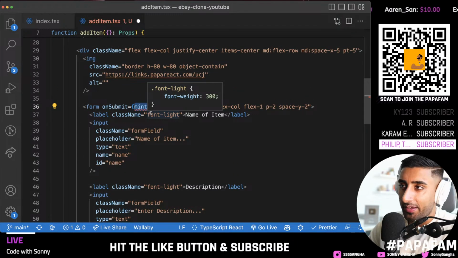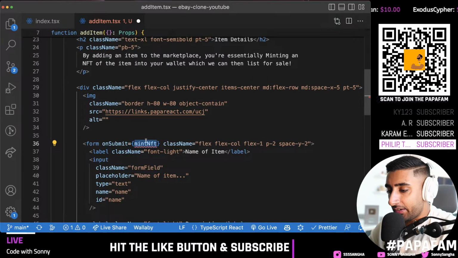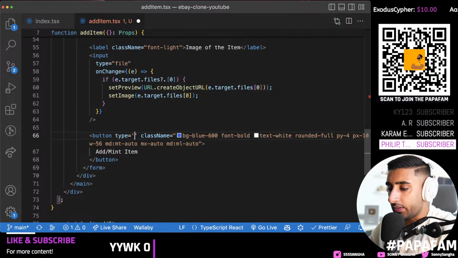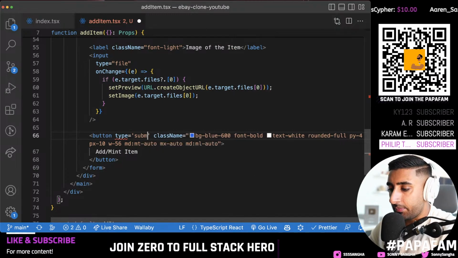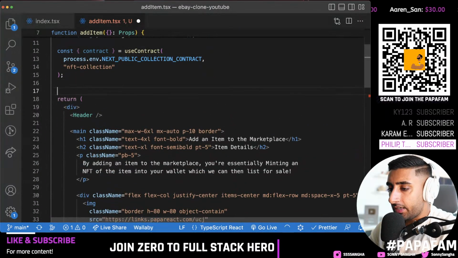We don't say bootstrap here, we say Tailwind. Right, big difference. All right, so when we submit this form, I want to go ahead and mint the NFT. So one thing we have to do here is for the button, we're going to make it type submit. Cool. Now we're going to go up to our top and create a mint